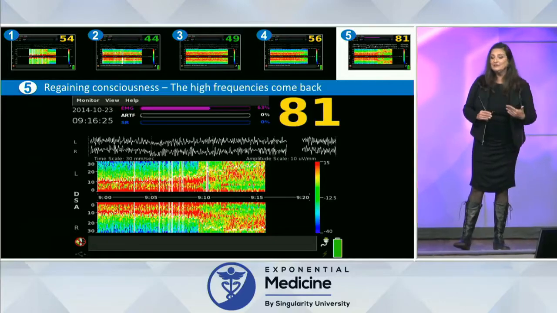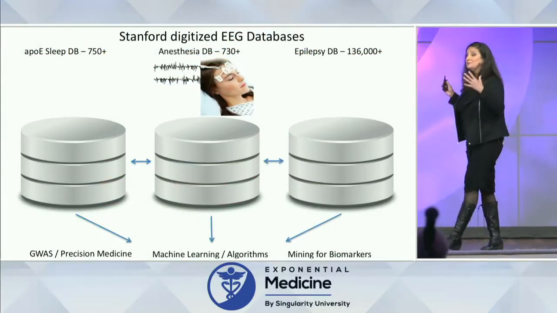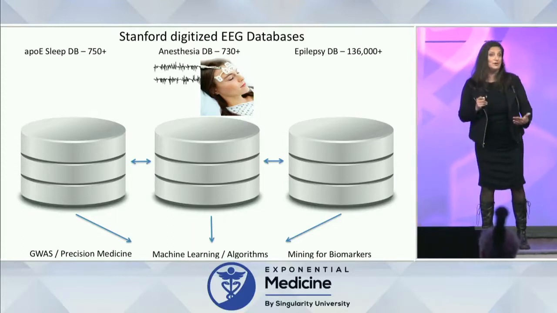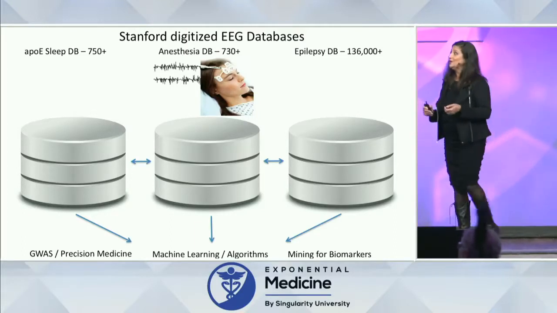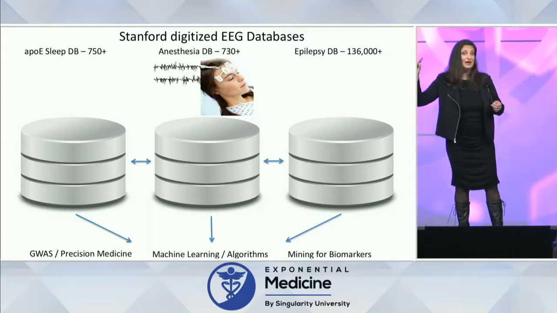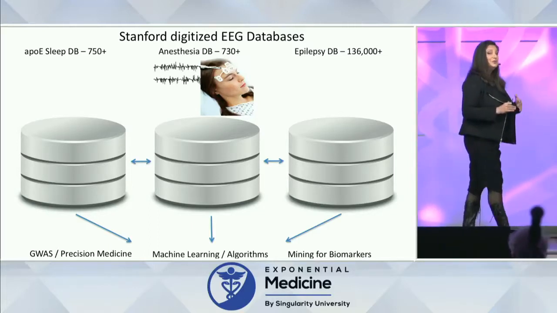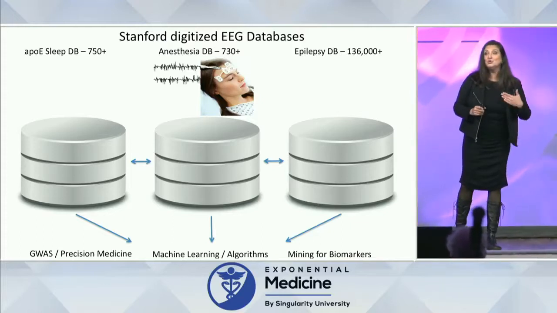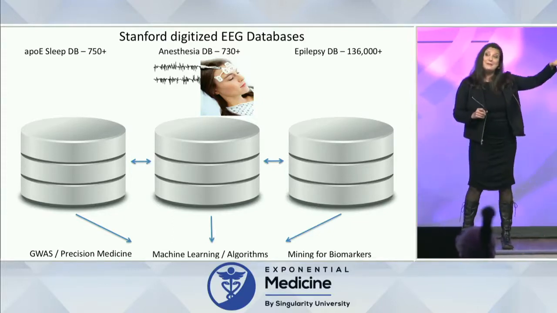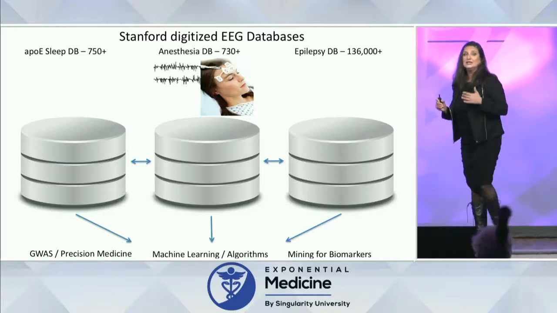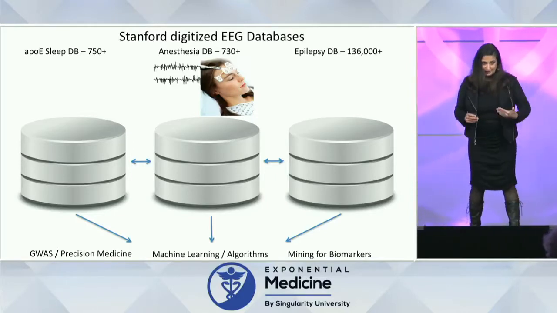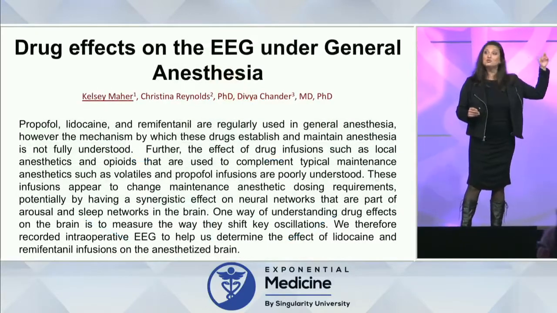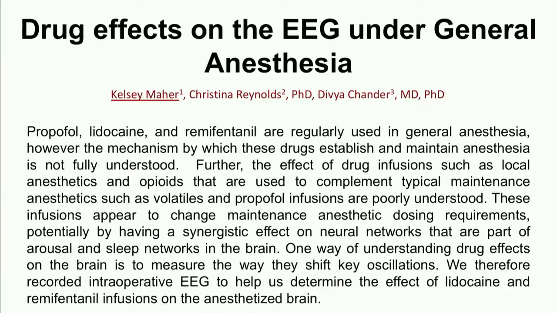And over at Stanford, one of the things that we're doing is we're combining databases that I've recorded in the operating room using an electroencephalogram with people in our sleep labs and people who study epilepsy. And then we're using these databases to write new brain monitoring algorithms. We're using them to mine for biomarkers. And we're actually looking at the genetic basis for all these different neural oscillations. In fact, we're creating a drug dictionary for the effect of every drug that we administer and what it actually looks like in the EEG. So that's my brief tour of reading brains.